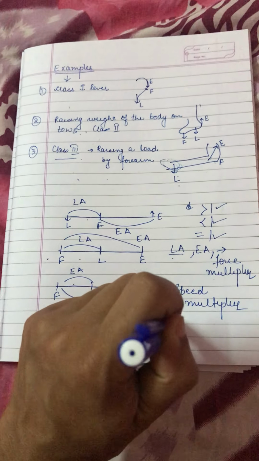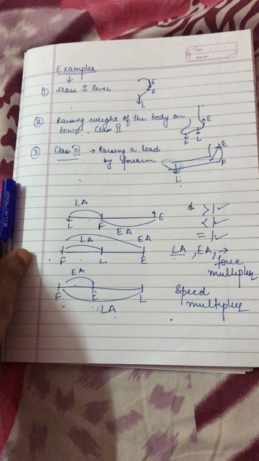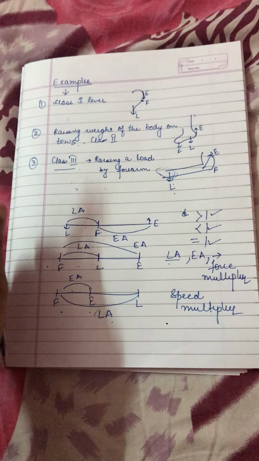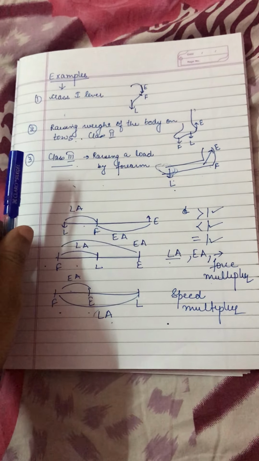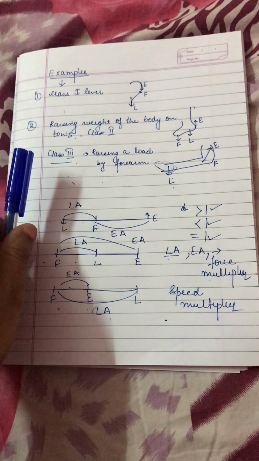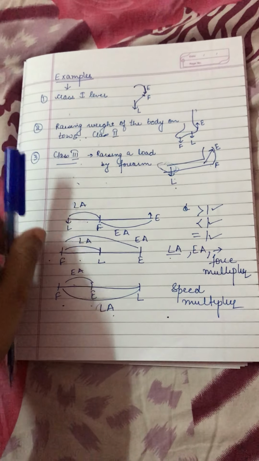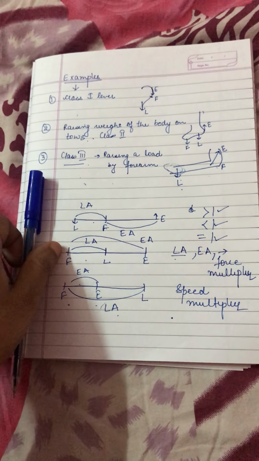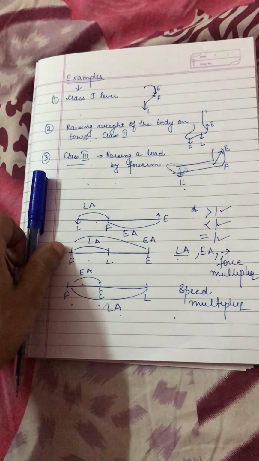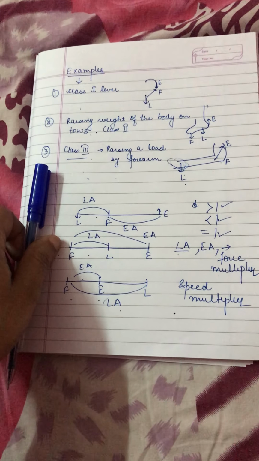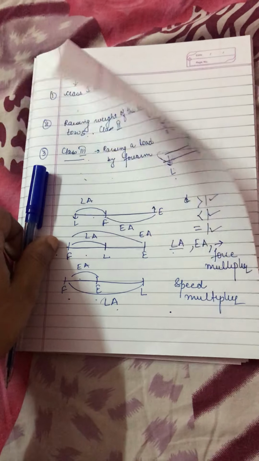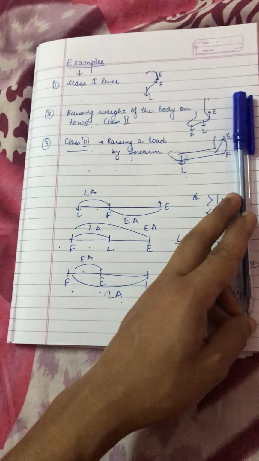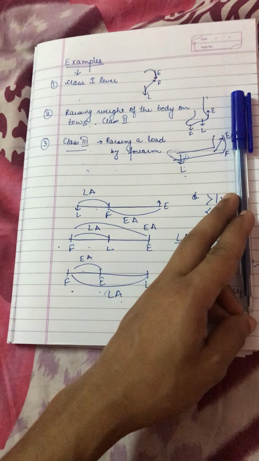Class 3 lever. Now one question for you people. You have to tell me the wiper which we are using at our home, which class lever is it. And one another activity you have to do: classify the simple machines at our home under 3 categories, that is class 1 lever, class 2 lever and class 3 lever. This is your activity. All of you have to do this activity in your physics notebook. Whenever you come to school, I'm going to check that. So now please read all the examples carefully.